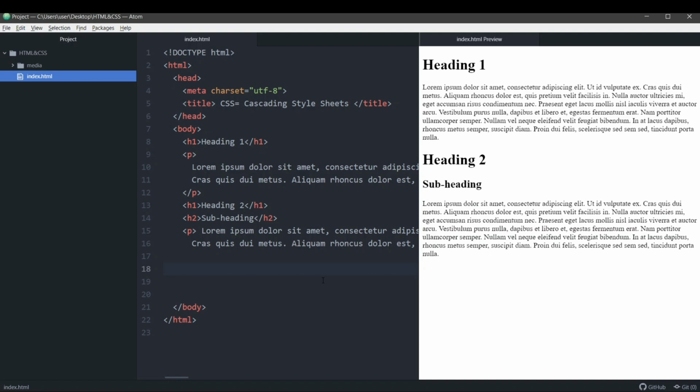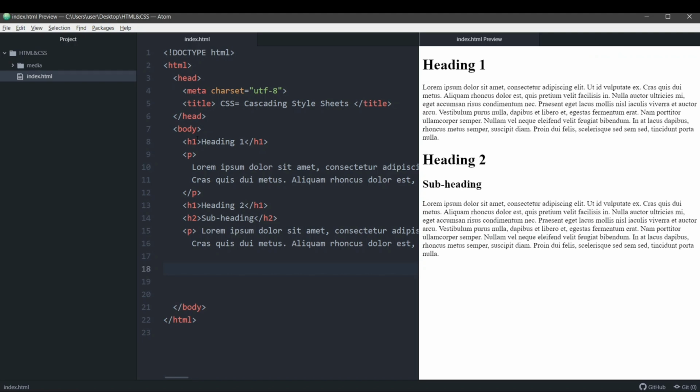Now, styling needs two main things. The first is called the property and the second is called the value. We saw attributes, right? Attributes always appear in name and value pairs. So the same thing is with styling. Suppose this heading is here, h1. It is displayed like this. You might have seen that headings are often displayed in the center. So what if I want this heading to appear there?